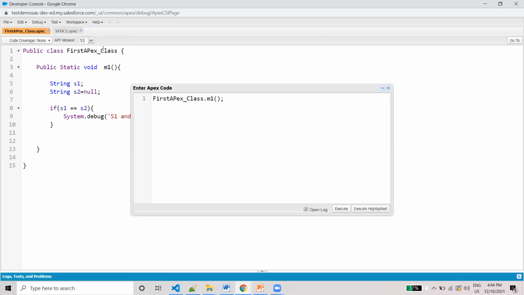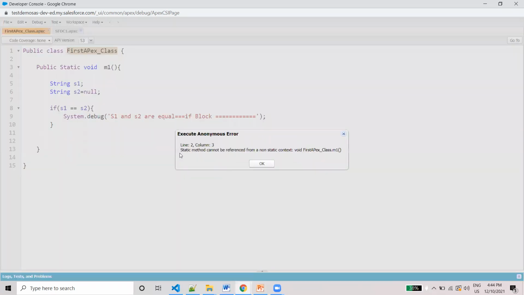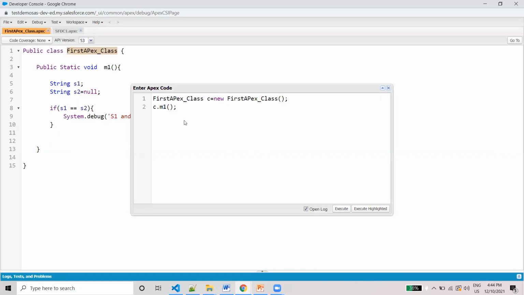I'm going to write this in a class and call this method. Here it is static, so instead of static, we can make it non-static.